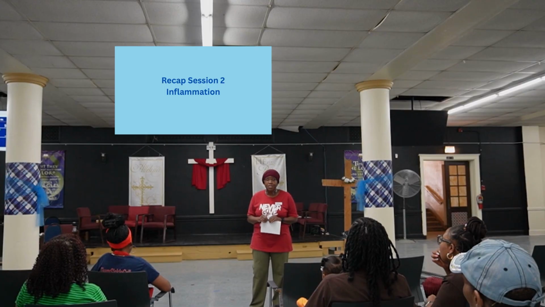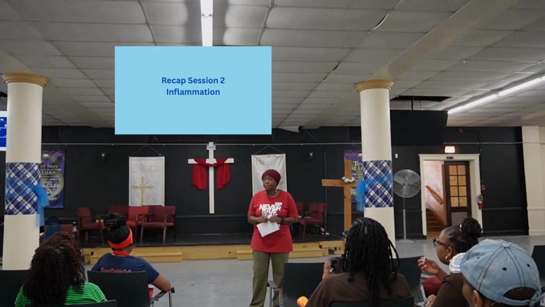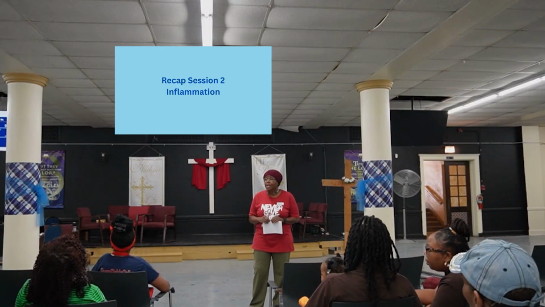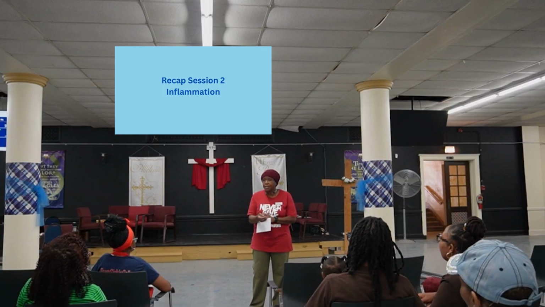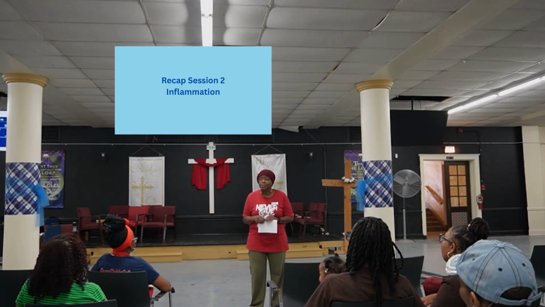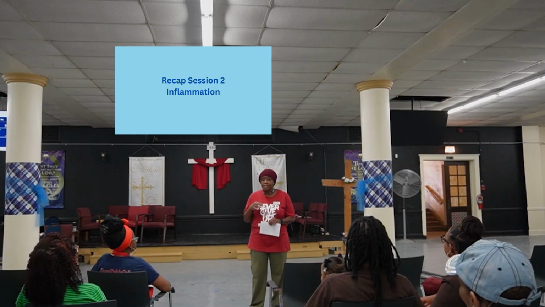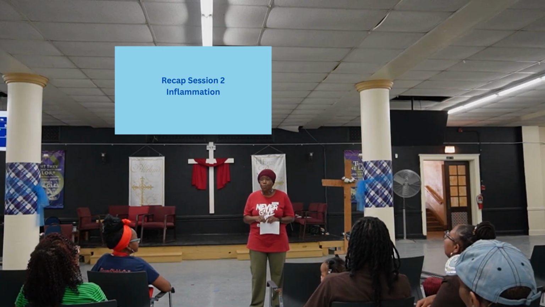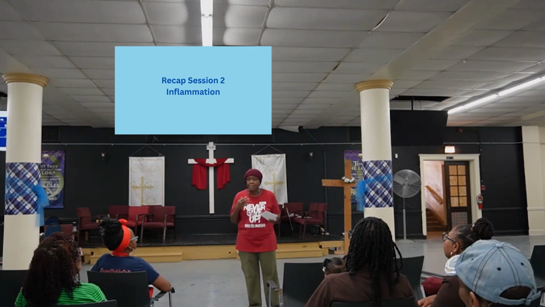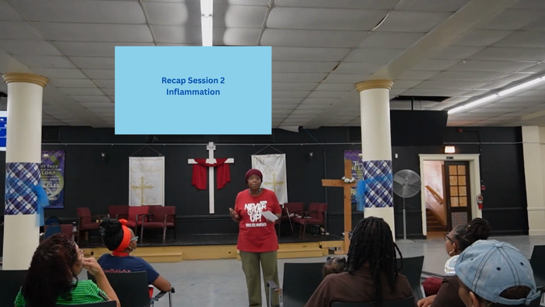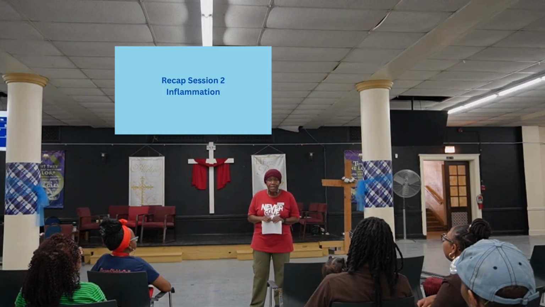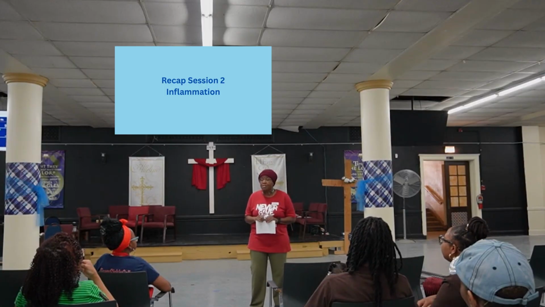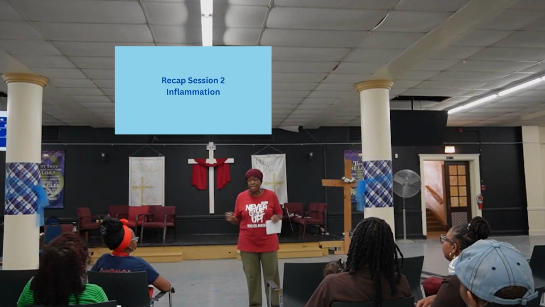Is sickle cell a condition of acute or chronic inflammation? Chronic inflammation, absolutely. Acute inflammation is when you fall down and get a cut, or you get hit, you bump your elbow and you get a lump. That's acute. It happens right then and it goes away in a short amount of time. Maybe it takes a few days, maybe a week or two at the most. Chronic inflammation lasts months to years, and sickle cell disease is one of those diseases of chronic inflammation that lasts your entire life.